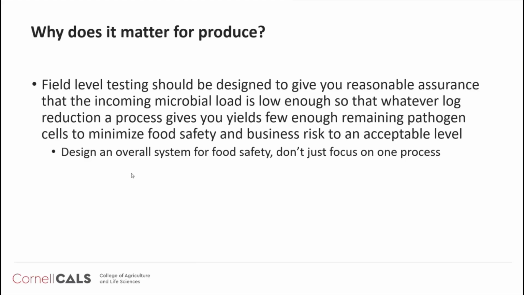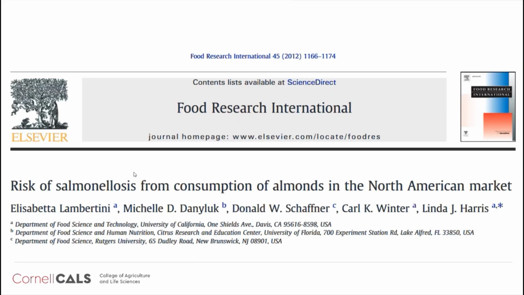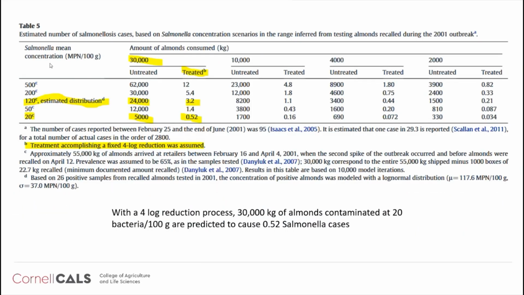And this, again, is not something I came up with. There have been papers that looked at the risk of salmonellosis from consumption of almonds, which did exactly this. They looked at the mean concentration in the raw material, assuming different mean concentrations, 500 MPN, so 500 Salmonella cells per 100 grams, 200, 120, 50, and 20. They looked at total amount of almonds consumed. They looked at what a treatment, and the treatment there was defined as a 4-log reduction, would give you in terms of